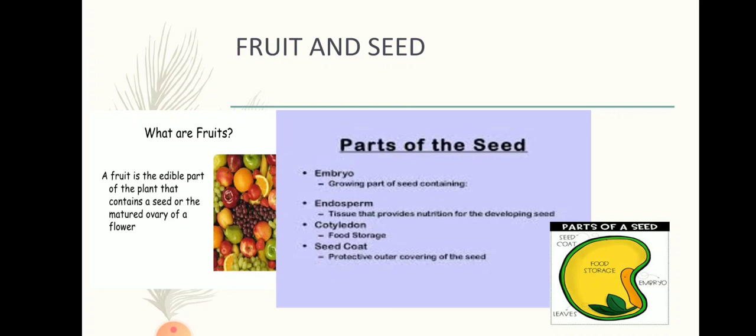It is present deep inside the seed. The embryo has two parts, the radicle and the plumule. We already know that the radicle, the part of the embryo that emerges out first, forms the root of the plant. Radicle grows into roots, and plumule is a leafy part which develops afterwards and grows into the shoot system. The upper part of the plant which grows above the surface grows from the plumule, and this is how a shoot develops out of a seed.